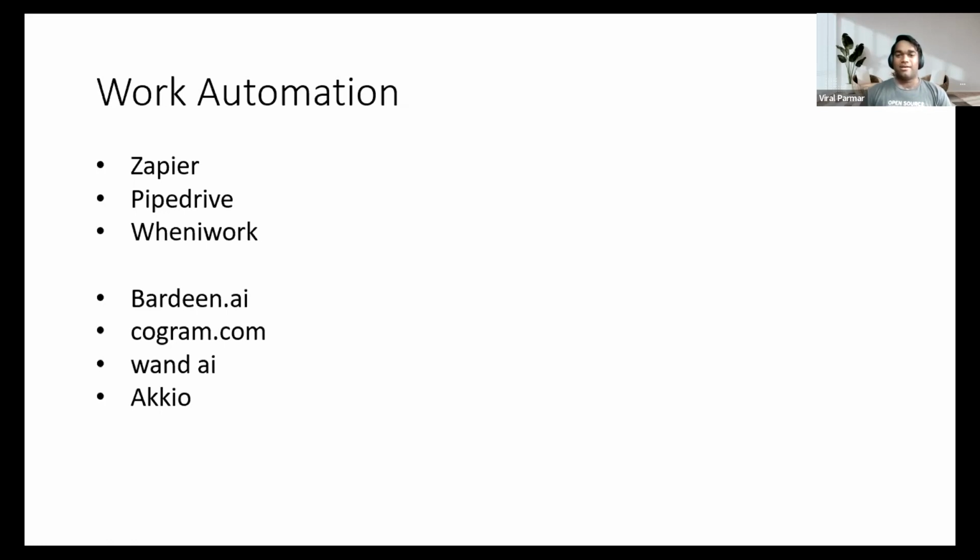And yes, there are other tools as well. I'll show you some of this. Yes, work automation tools are also there that can actually help you automate the whole thing, right? So everything will go on automate mode, or we can say autopilot mode, right? Where you have to just assign once, and then it will be automatic. You can just see the insights later on, how much work there is, how much time they gave to work today, how much work is remaining, what has been done, and all these things, right?